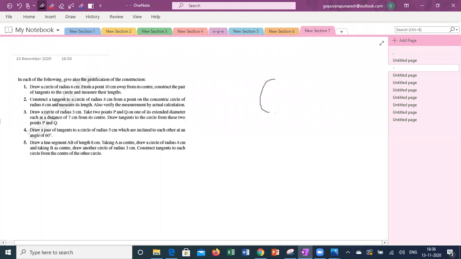So first draw a circle of radius 5 centimeter. You have to draw the tangents in such a way that the angle between the tangents is 60 degrees. So this is 90, this is 90, automatically this will be 120. How will we proceed to draw this one? It will be simple. First draw any one radius line, OA. With this OA, draw 120 degrees.